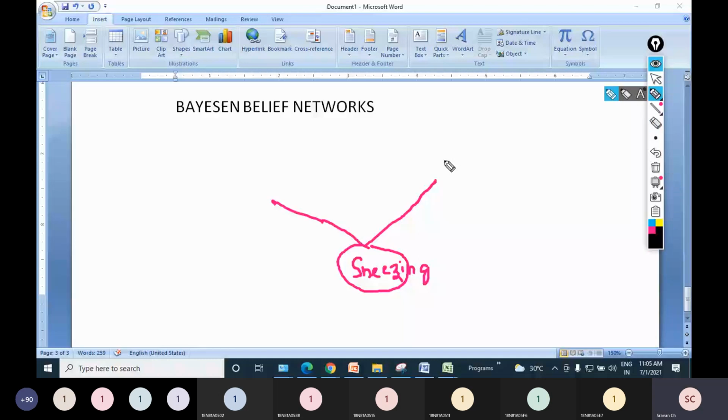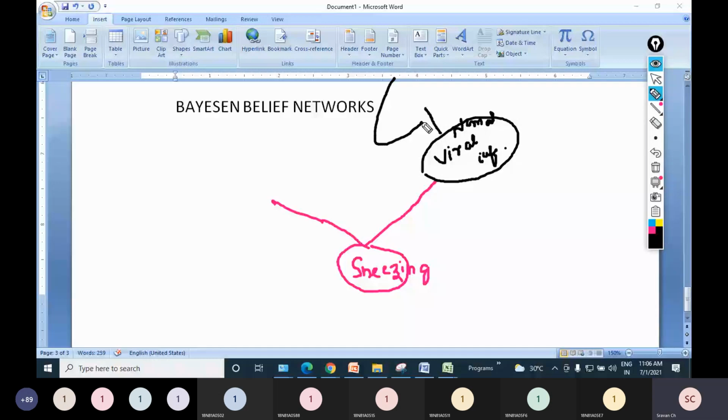Some viral infection can be the reason, right? Which is a normal viral infection, my dear. A normal viral infection which we get because of change in weather, all those things. So why will a normal viral infection come? Because of change in weather conditions. The weather was rainy, something like that, so viral infections can occur.